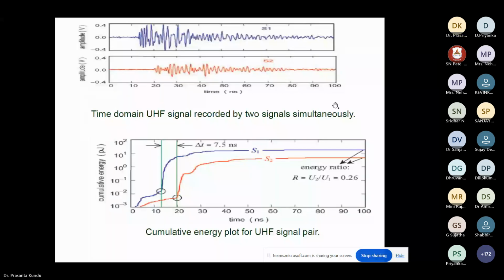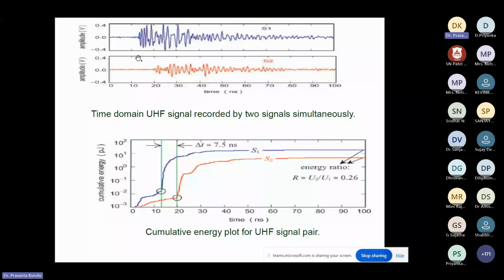This is something about the time difference, how it is measured. If sensor 1 is showing this wave, and sensor 2 is showing this, this is the triggering point, and it comes after some time. This may not be the true travel time. What is the capital T? Capital T may not be true because the signal may have started earlier. This is after triggering of the measuring equipment. So this is some travel time or some time after which that signal is coming, but that is not what is required for us.